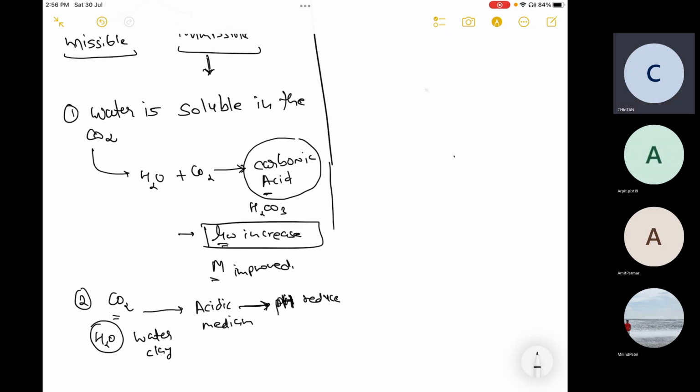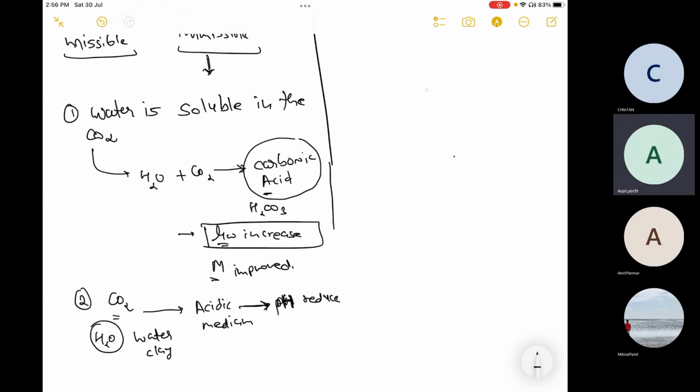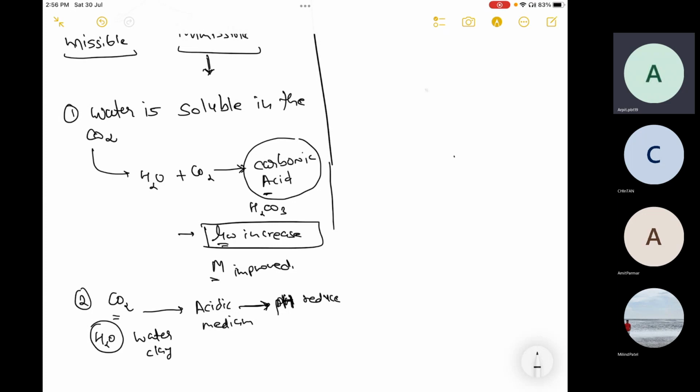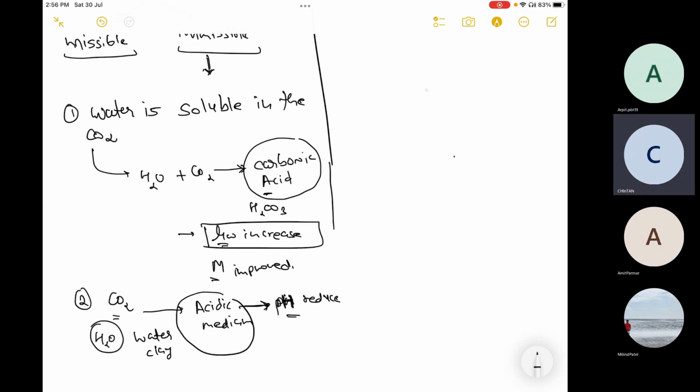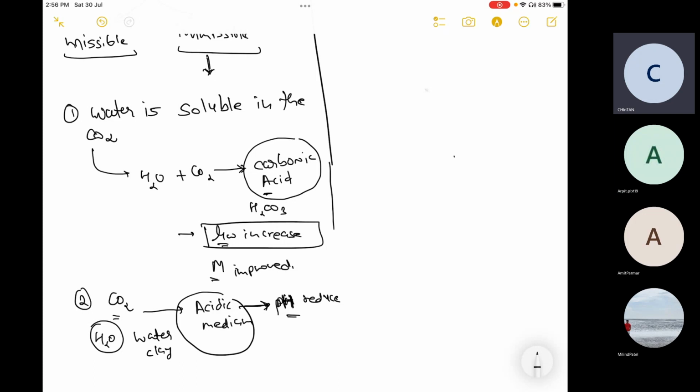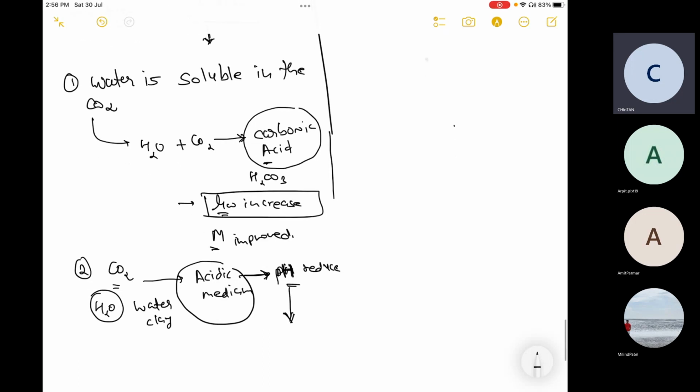Very simple answer, it's on your board only. वो एसिड क्रिएट हो जाएगा ना H2 और CO2 की वजह से. यस, और एसिड की पीएच क्या होती है? लो होती है. ओके, दैट्स द सिंपल लॉजिक. तो लेट्स से जब पीएच रिड्यूस होता है हमारा, so उस केसेस में if you don't know for now,